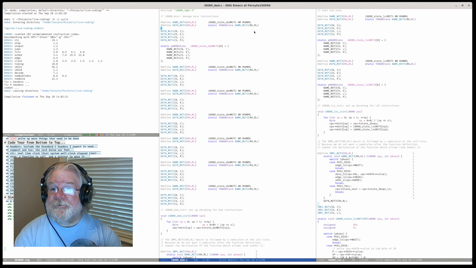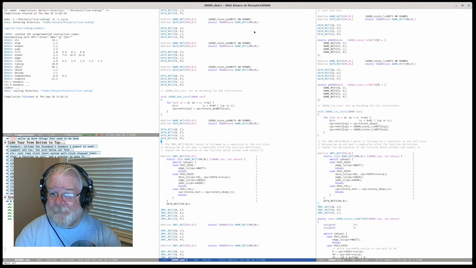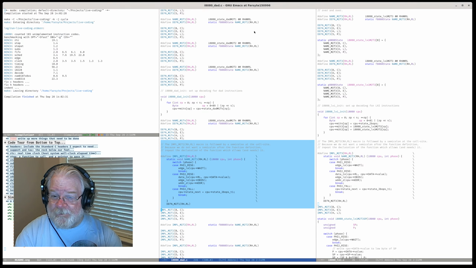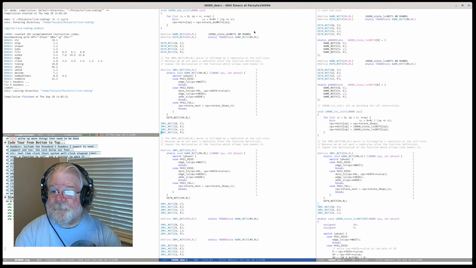I forgot M1T4. Easiest way to do this is just to take this and duplicate it.